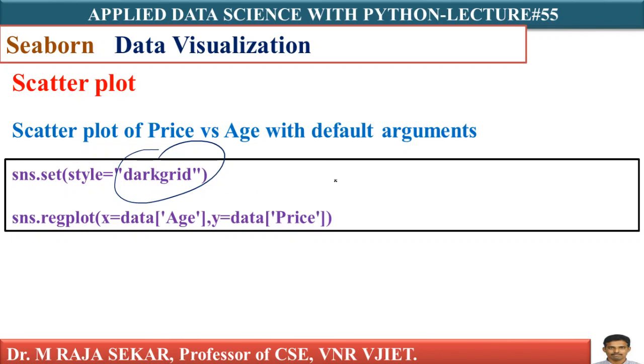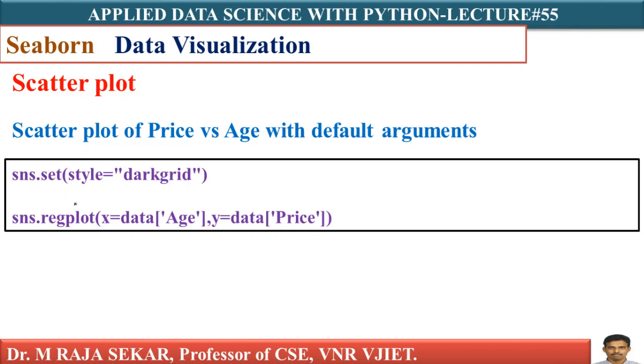Means if I just say sns.set, by default the system will treat this as the background theme. We will discuss these things in a clearer and more approachable manner in my future data science algorithms lectures. Time being, let me proceed further. Time being, understand sns.set, you know what is sns. In the last class only I discussed. This is used to keep the background theme.